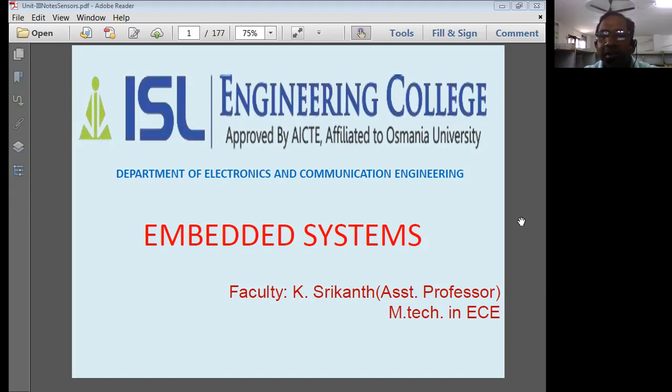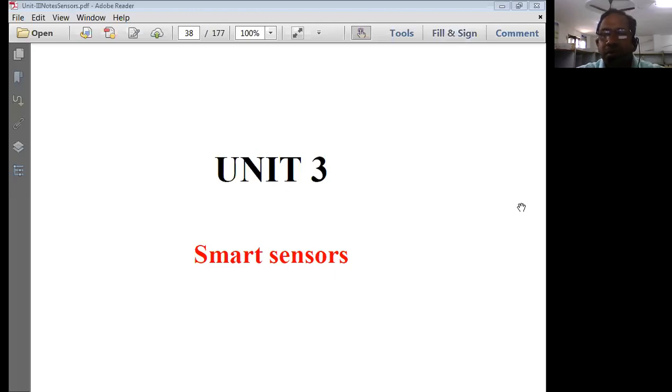We don't have all that depth in the syllabus. We have the general block diagram of a sensor, the architecture of a sensor, advantages, disadvantages, and after that the applications of sensors. That's it we have in the syllabus. It's a very easy chapter for us to understand. Let us look into the sensors as per the syllabus now. In the syllabus, it is mentioned as a smart sensor and its applications. So we need to discuss smart sensors.